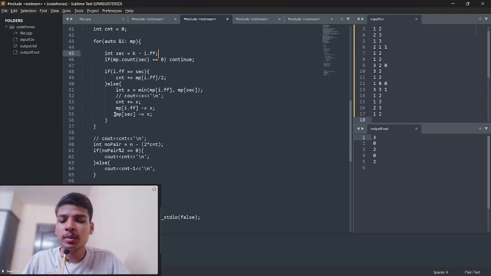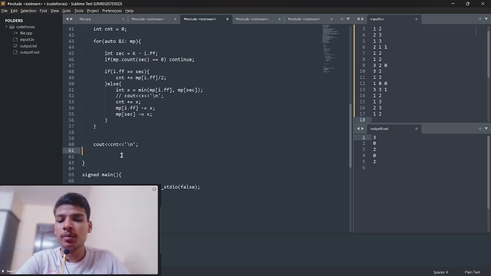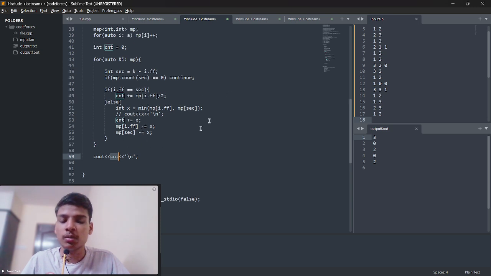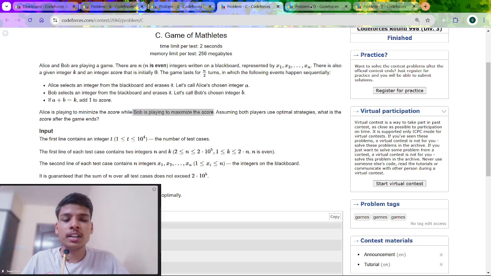So this is the simple implementation only. I think you can increase this part. You can just simply print the count. So the count is simply the number of pairs whose pair exists, and I'm just printing the count. You can see the implementation. Implementation is also clear. Let's now discuss problem number D,